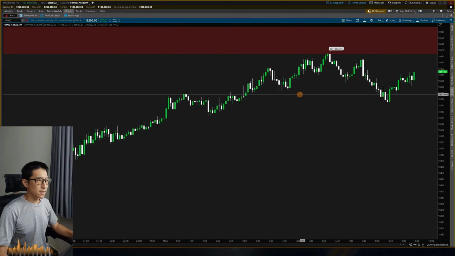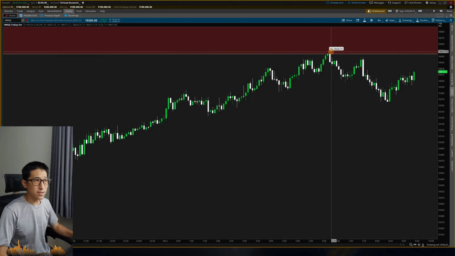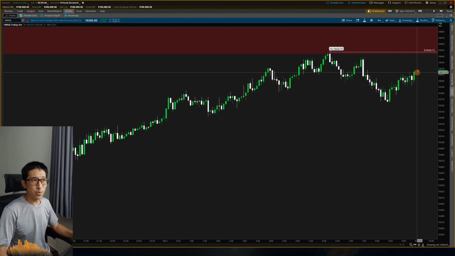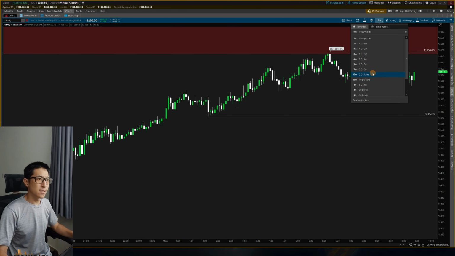So the bias is bearish. What I want to see right now is we did poke up into that 1 hour fair value gap just by a little bit. I want to see a little bit more price action go deeper into that 1 hour fair value gap, not trade through it completely. But let's say we have the buy side here at 9:30. I want to see price sweep the buy side here, and then I could be looking for the sell side down here. You can see this down move. We took this low already. This will be the next logical place to take sell side on the